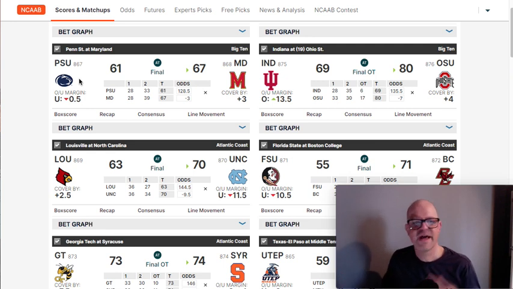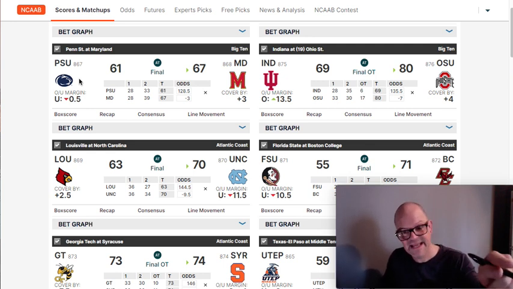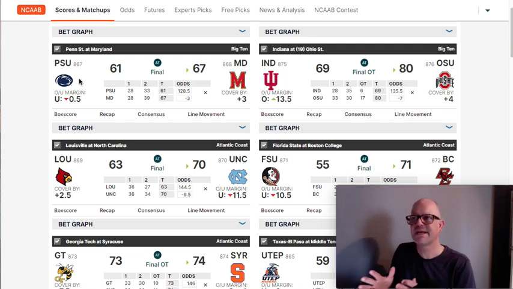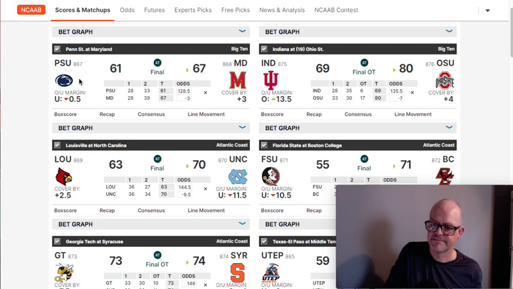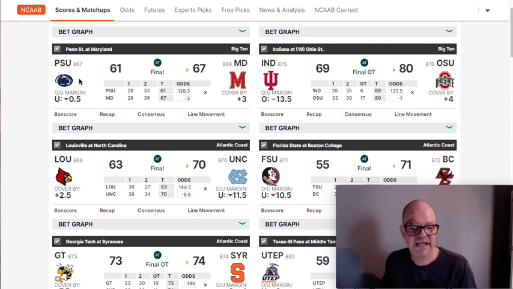So if that scenario happens 10 times and your unit size is $100, over the course of 10 games like that game, you lose 1 full unit. That happens 10 times in a year, you lose 10 full units simply playing the game the wrong way, structuring your wagers the wrong way. So the big ancillary benefit of doing this is that even though it's a loss on the money line, you're going to save a ton of money by applying this concept.